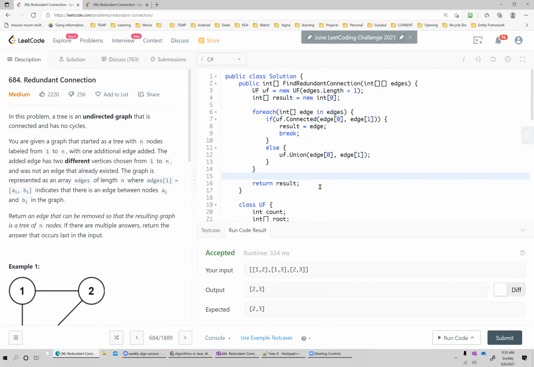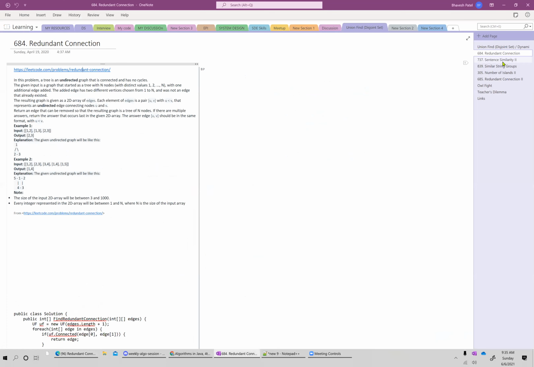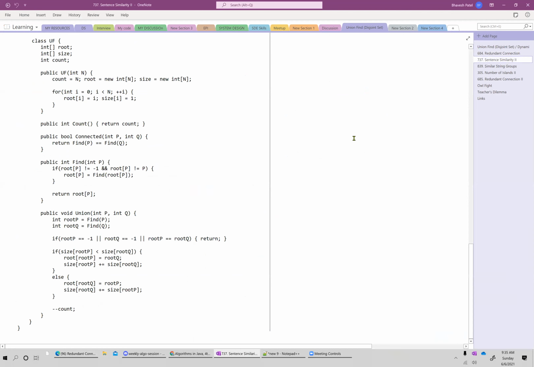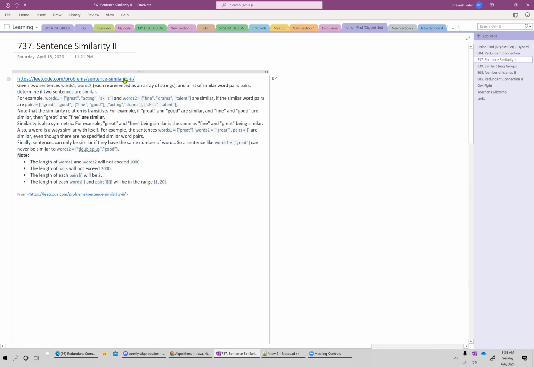Yeah, I'm confused. If N is not mentioned, that kind of question, how do we do it? Yeah, we can do an example question. Say that again. If N is not mentioned. Yeah, let's do that. We'll have one question like that, right? Let's see in this, I think, sentence similarity. Yeah. Let's do this second question.